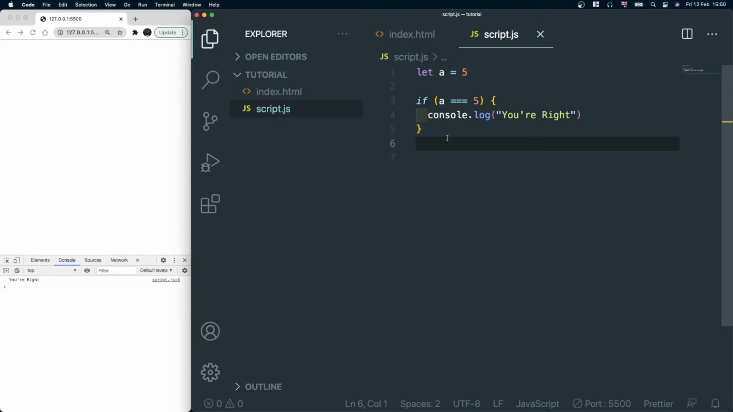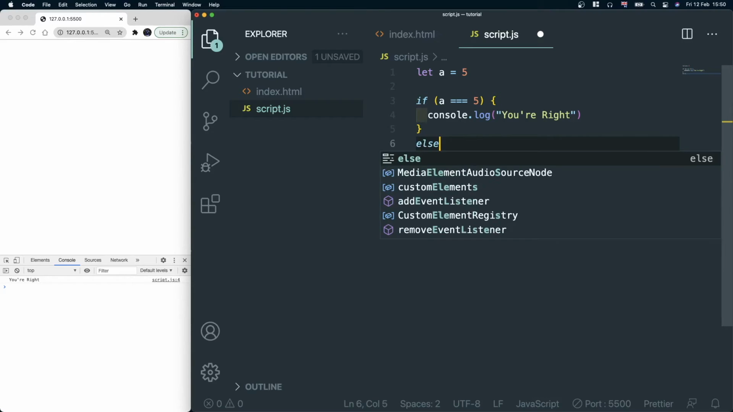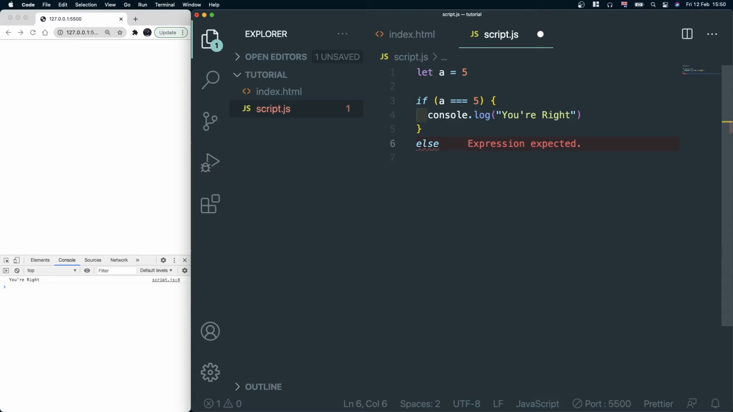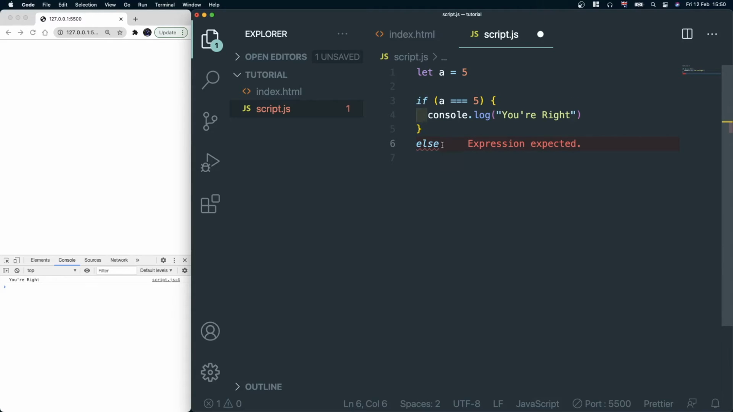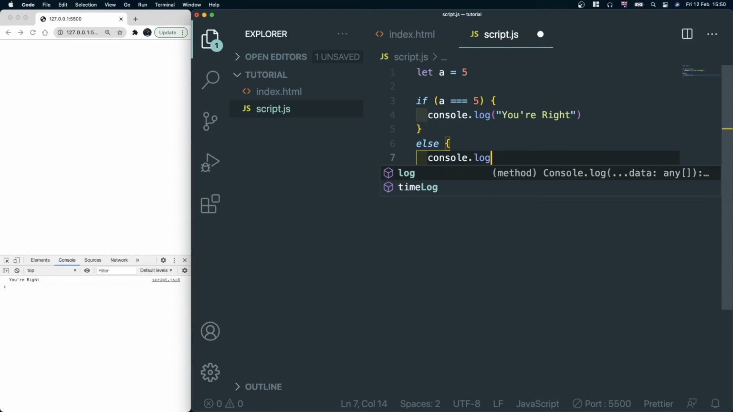So what happens if it's not true, you might say? Well, we have an else statement for that reason. So you have else, you don't need brackets for this, because if this is false, then you just need to put curly braces, because that's what will return false. You don't need a separate condition for this unless you use an else if, which I'll go through right after this. And then let's say you want to console log